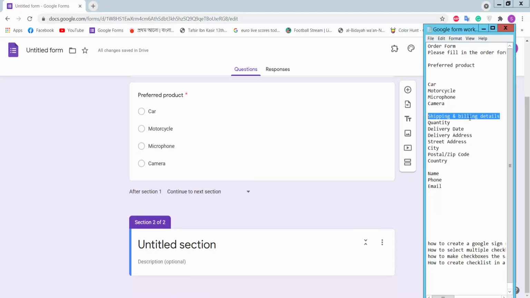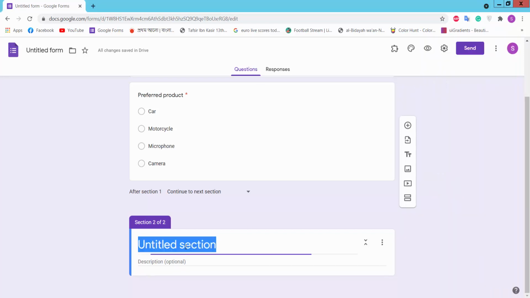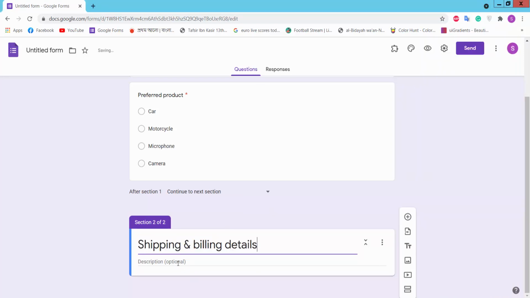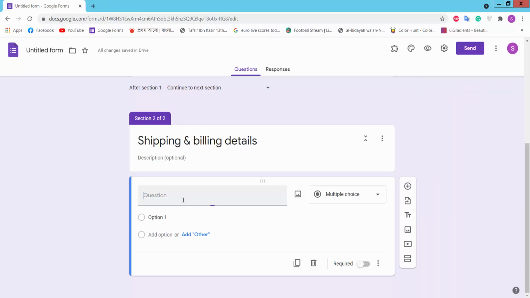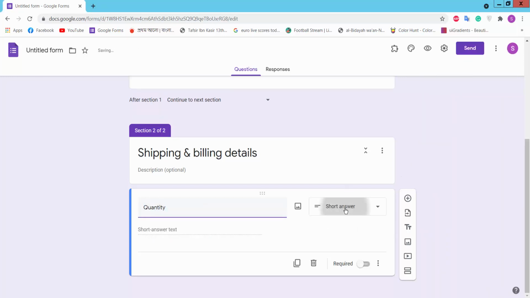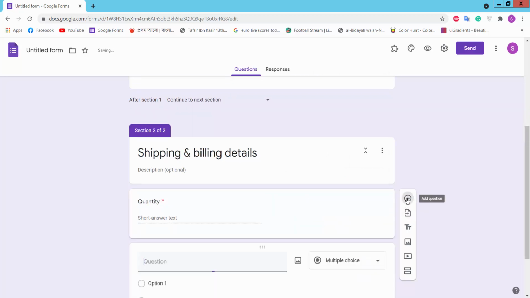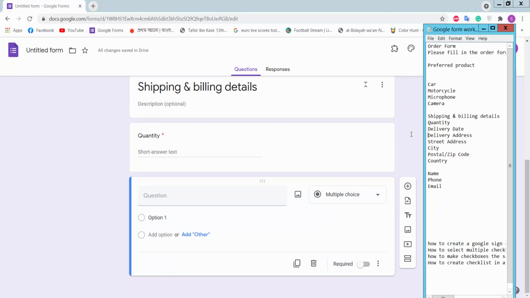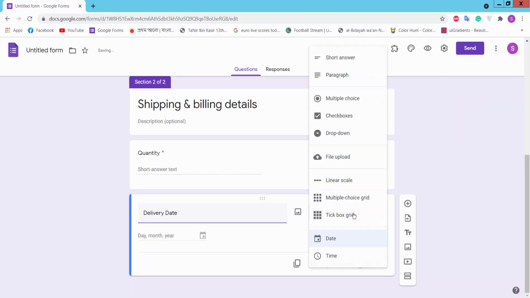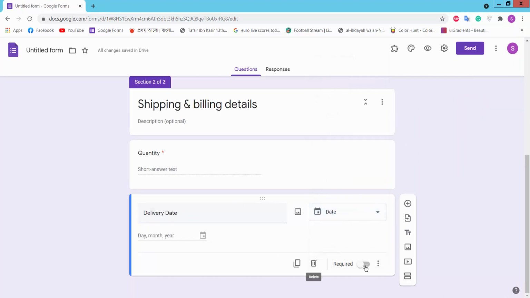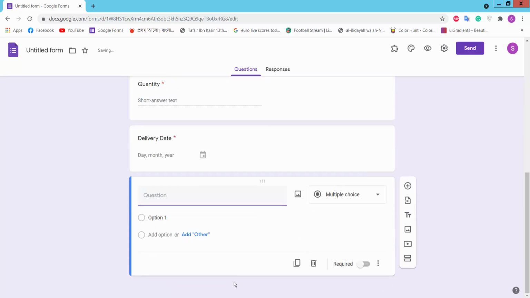Here we will add shipping and billing details. Here also you can add a description, and click plus icon, add question, quantity. Here you choose short answer, and click plus icon, add question, delivery date required, add question,